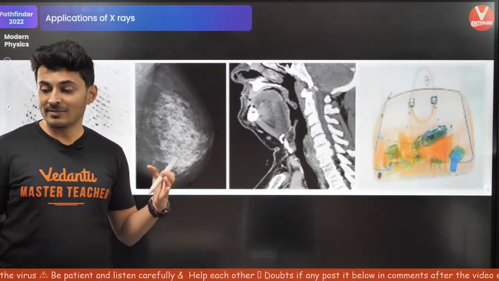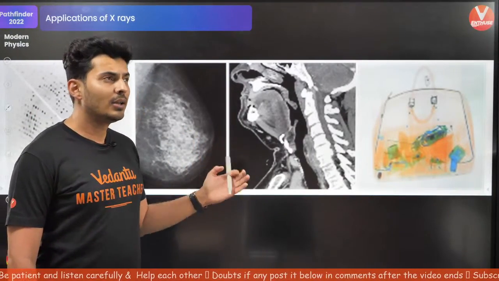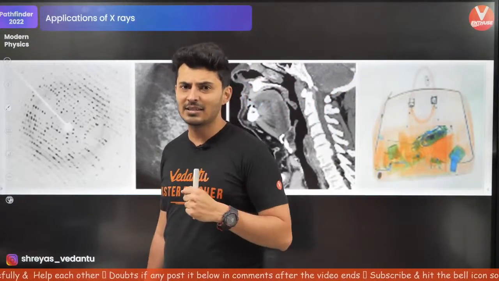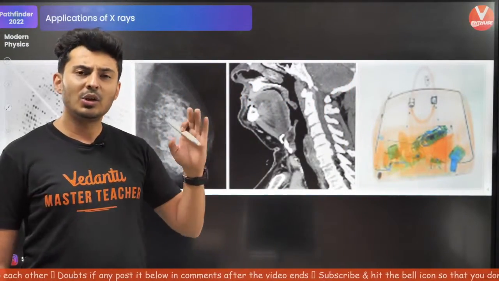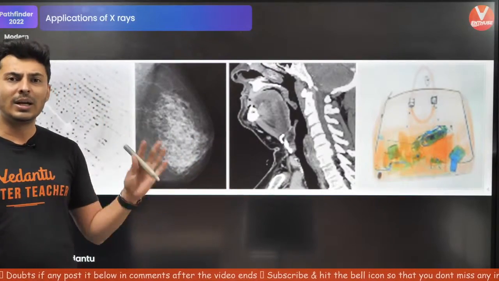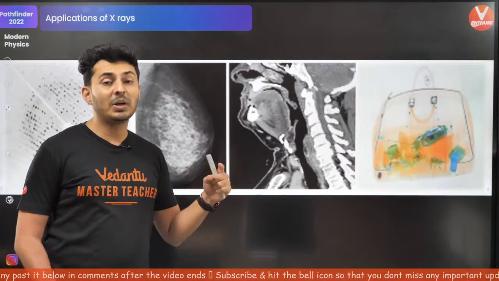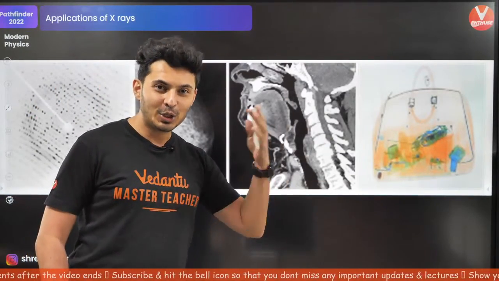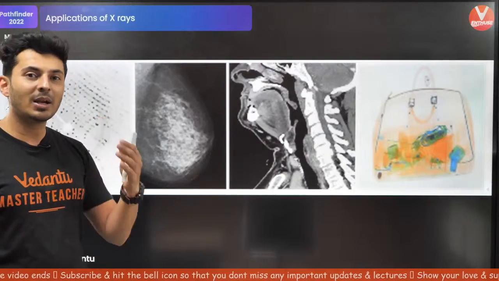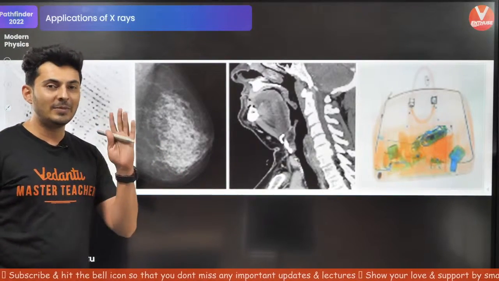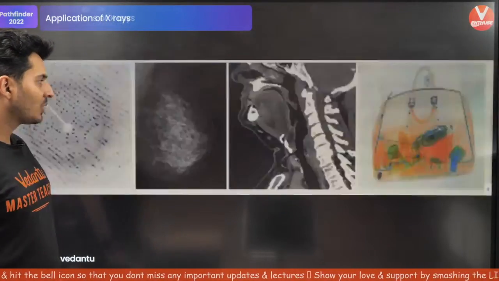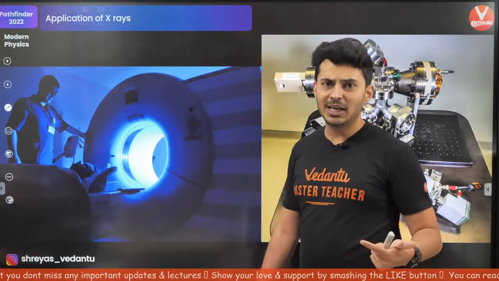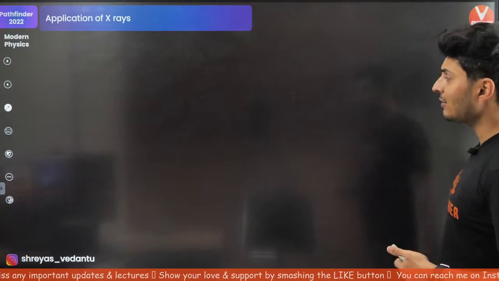What is the weightage of modern physics, Neha? It is very important. You can expect at least 3 to 4 questions in the JEE Mains, at least. That means you can expect around 20 marks in JEE. I'll tell you why, because there are some topics like photoelectric, atomic structure, which are also there in chemistry. So if you take that also into account, then it becomes 20 plus marks in JEE Mains, which is very, very important. So many applications are there, medically, security wise, detecting cracks, detecting fractures.